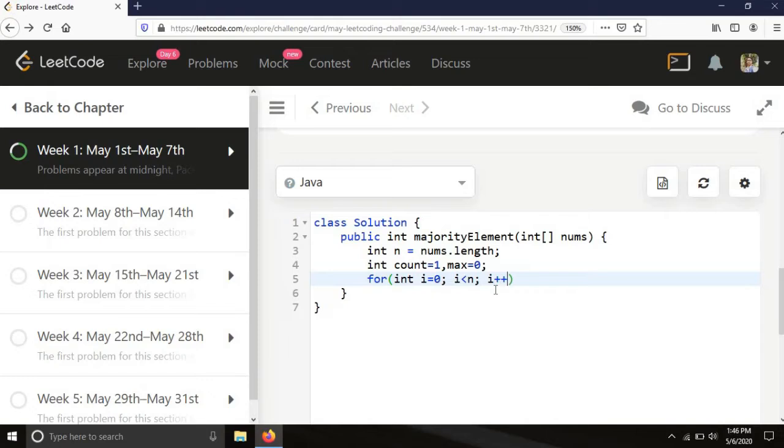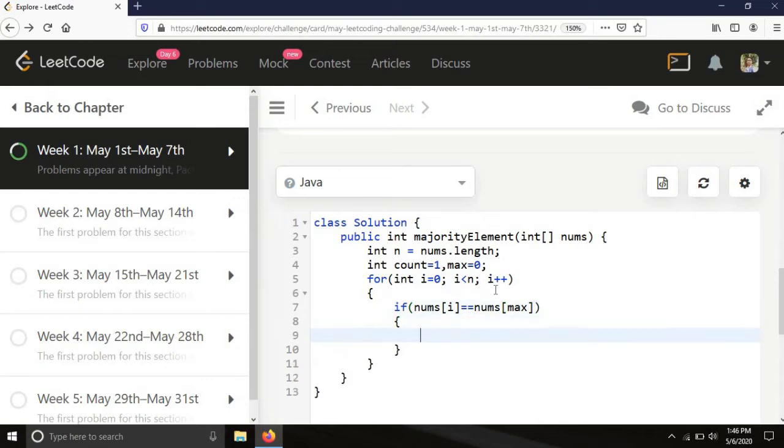Now I will check whether each and every element is equal to the current candidate or not. So if nums[i] equals nums[max], I have told you, we will increase the counter, count plus plus.